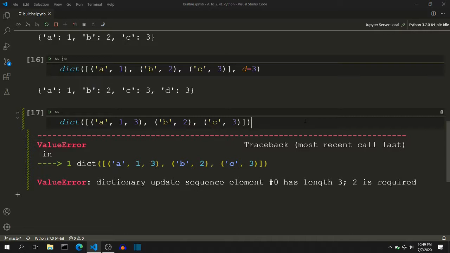Dictionaries are a very powerful data structure. They allow lookup of a value in constant time, which makes this data structure a favorite choice when we are optimizing an algorithm for time. If you want to see how dictionaries can be used in dynamic programming, you can check the dynamic programming videos in the iCard above. The next function is the dir function, that is dir.